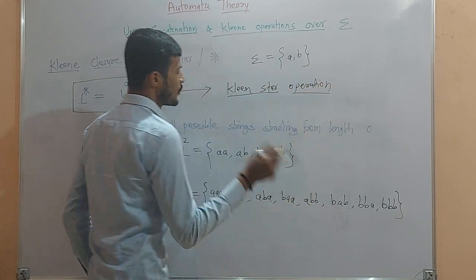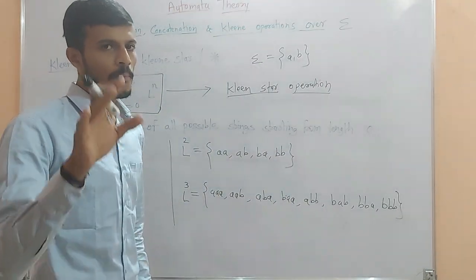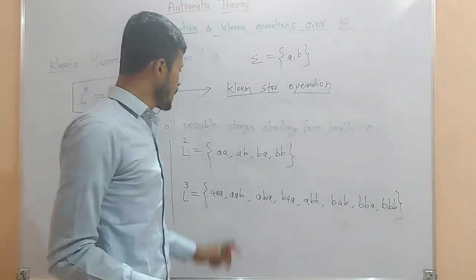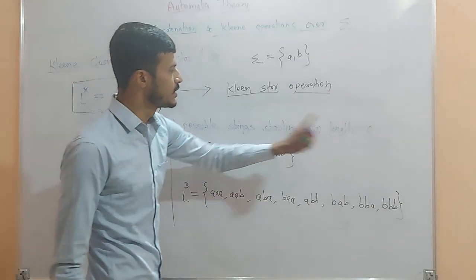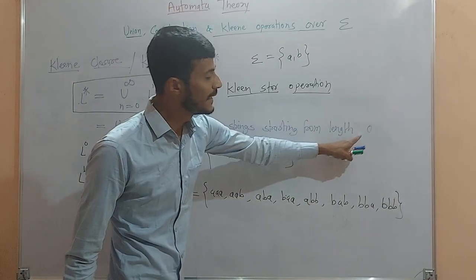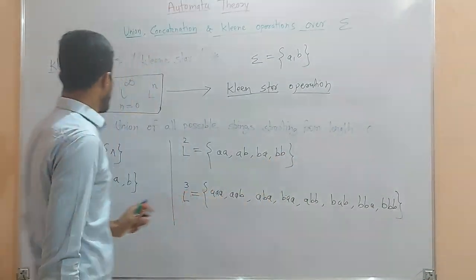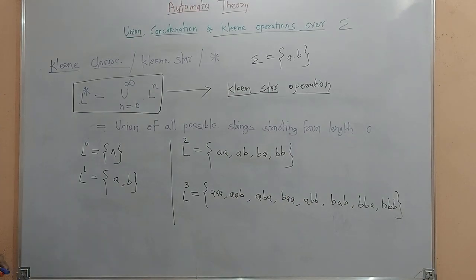Kleene star operation, which contains all possible strings, including the null string also. You can see, starting from length 0. Okay. Now we are going to discuss what is meant by